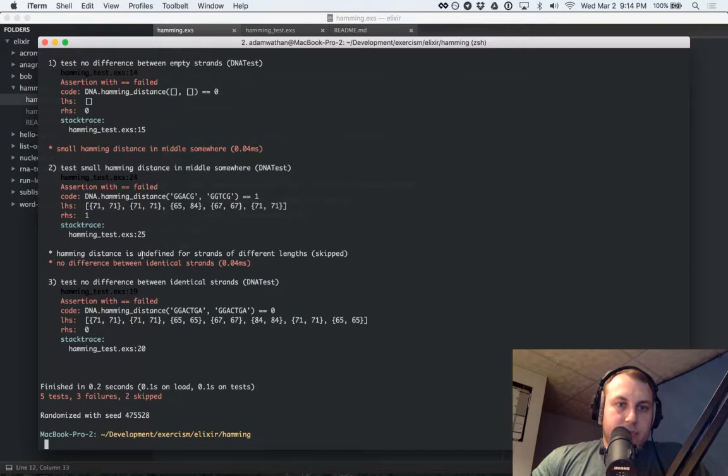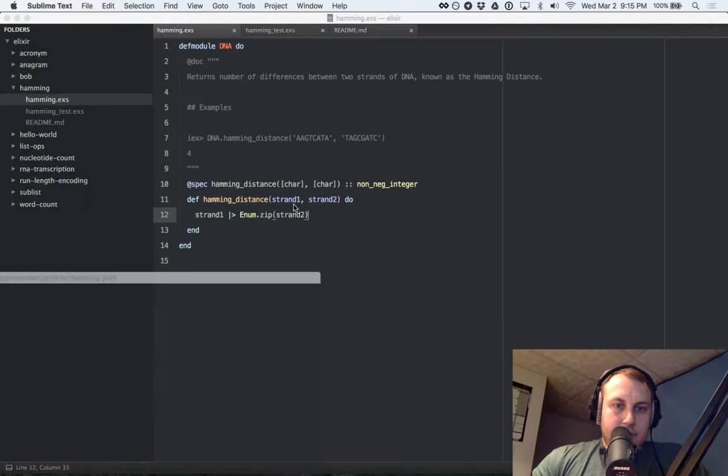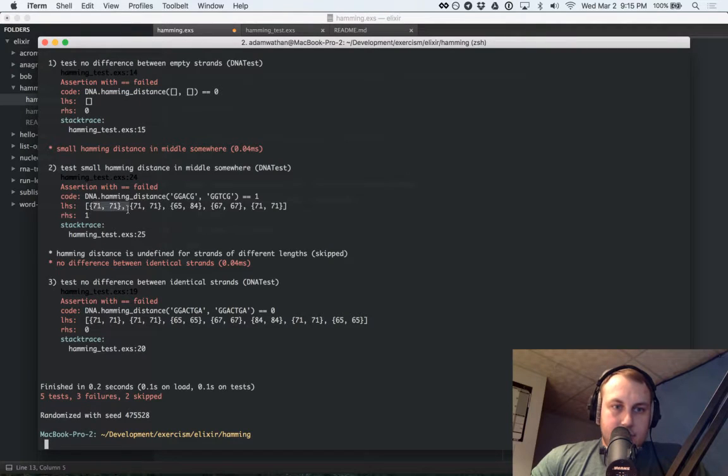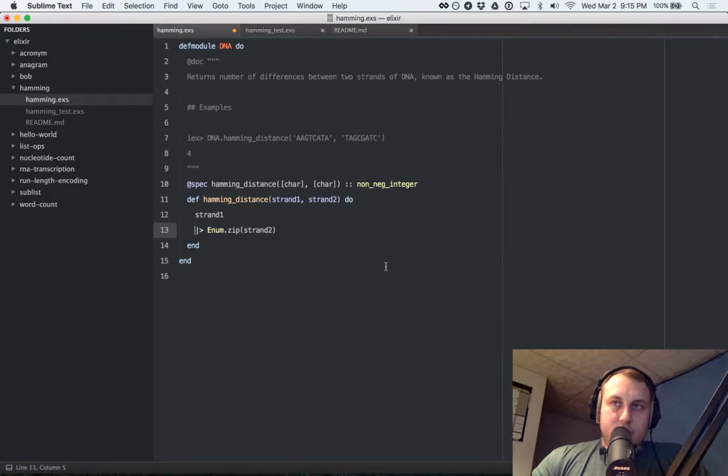Okay, so here's the two that are different, right? These are the pairs that we got. 71, 71, and these are the character encodings of each character. 71, 71, which is G, G. 71, 71, which is the next G and the next G. 65, 84, which is the A and the T. 67, 67, which is the C and the C. 71, 71, which is the G and the G. So now that we have that list, and that is a list of tuples, we can take those tuples and